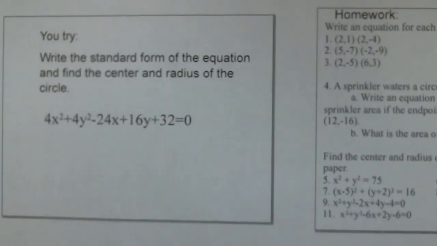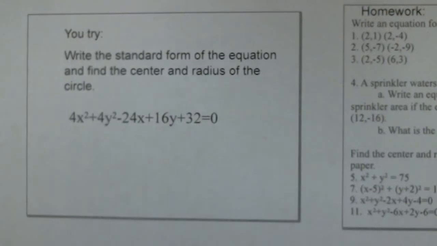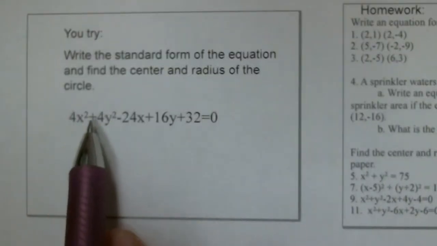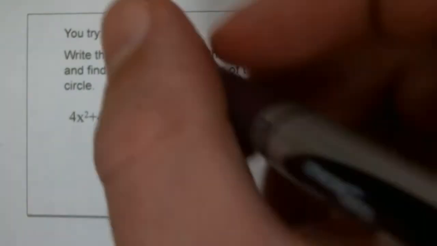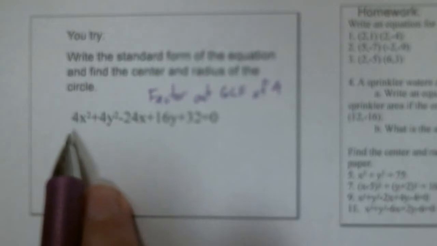So just like we solved quadratics, guys, the first thing that we always want to do is see, is there a GCF that I can pull out? Is there a greatest common factor? What do you notice about all these numbers? Yeah, they're even, but also what else? They're also divisible by 4, right? So let's factor out a GCF of 4. Okay, so if I pull out a 4, after my camera refocuses,